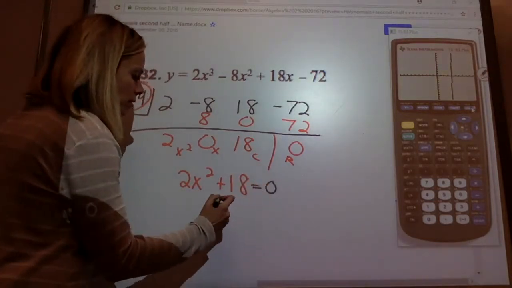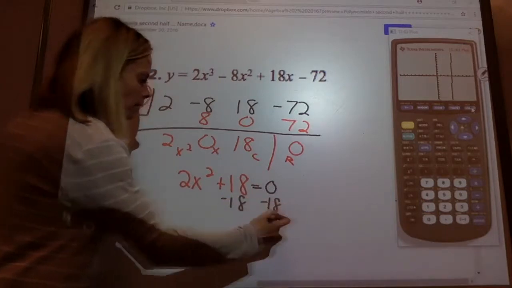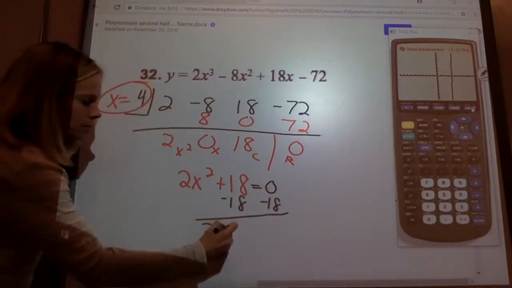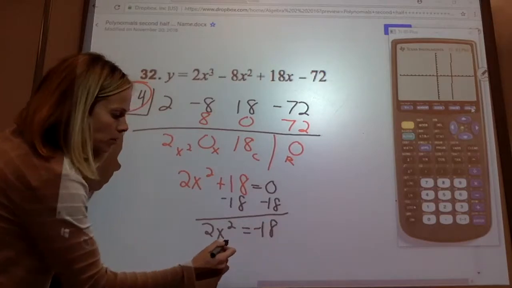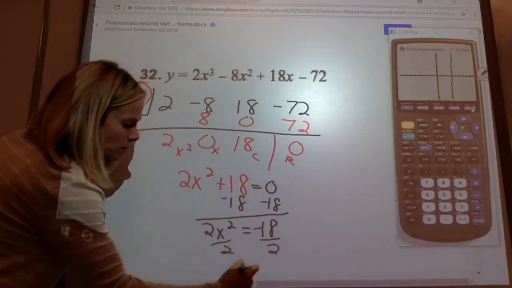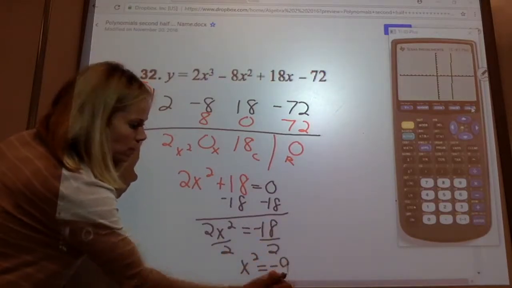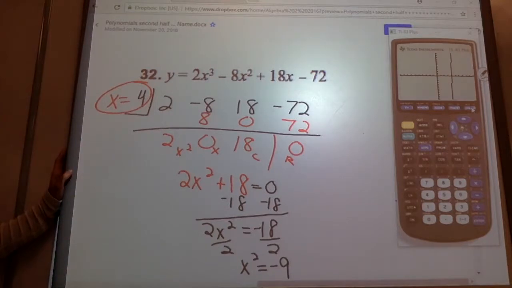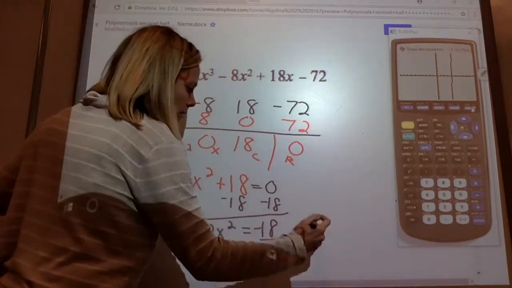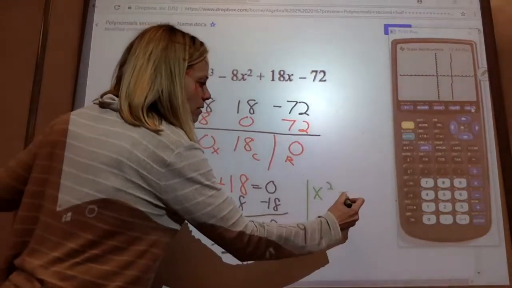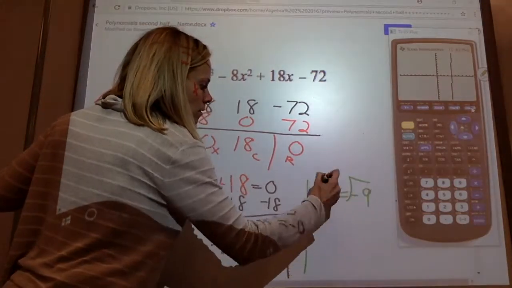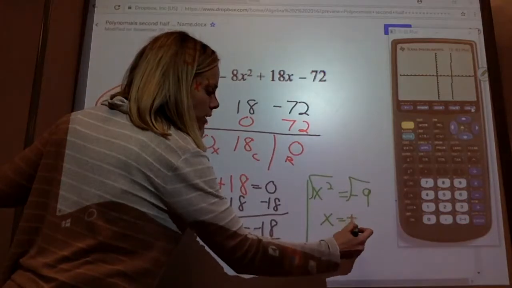So set equals 0, subtract 18. Divide by 2. X squared equals negative 9. Then what? You want to square root both sides. So I get x equals plus or minus